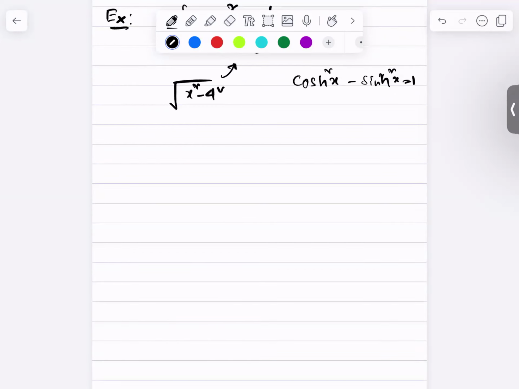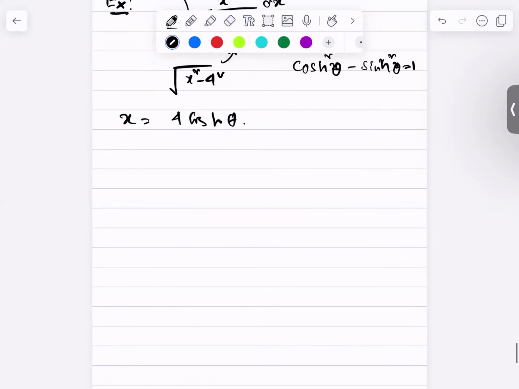And I can use the substitution x equals 4 cosine hyperbolic theta. Then dx will be just 4 sine hyperbolic theta d theta,